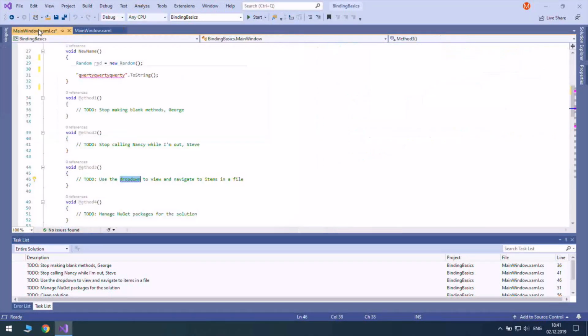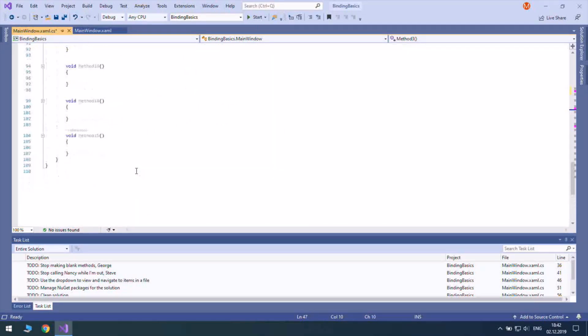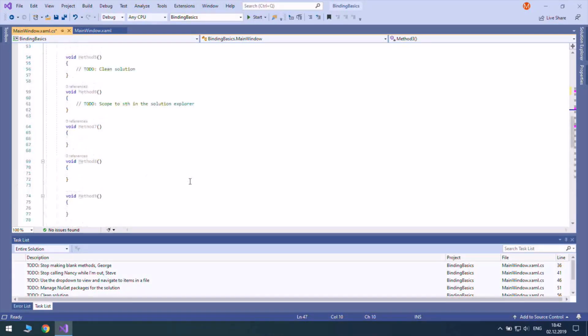Alright, so again, okay, it's not our business. Use the drop down to view and navigate to items in a file. So this class contains like 15 methods, and in total there are 110 lines in this file.